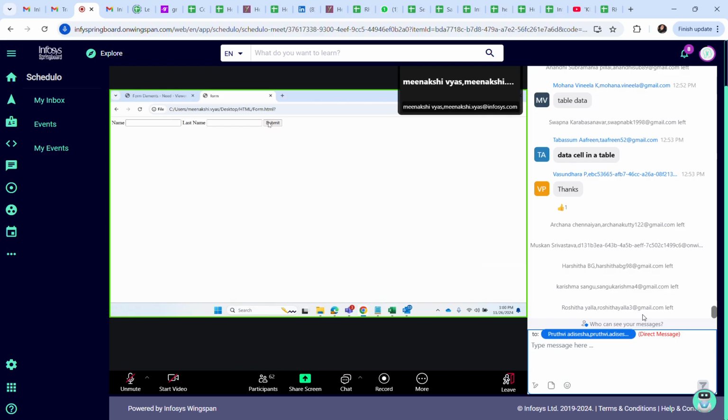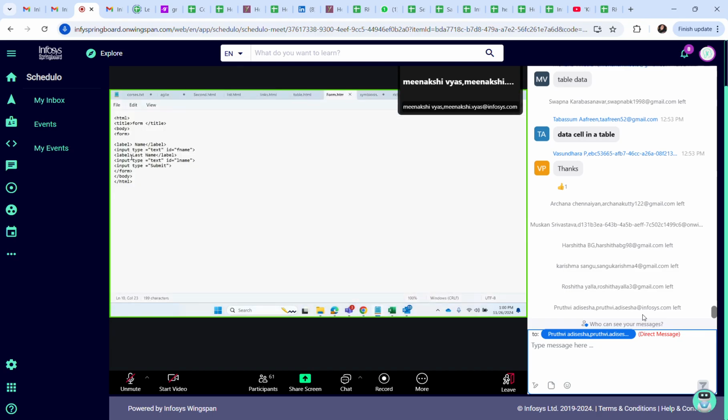Nothing is happening when I'm clicking on this, because we have to link, like we have linked the page, no? So we can link the next page to come, or we can give an action to the form, that whenever I click on submit, what action will be performed.